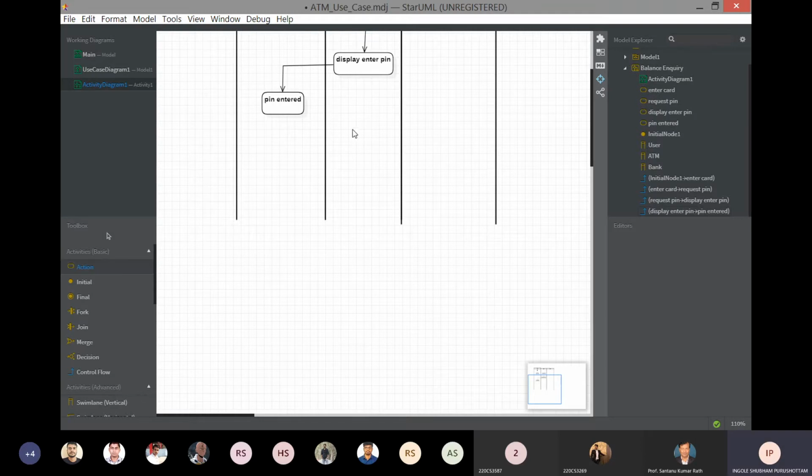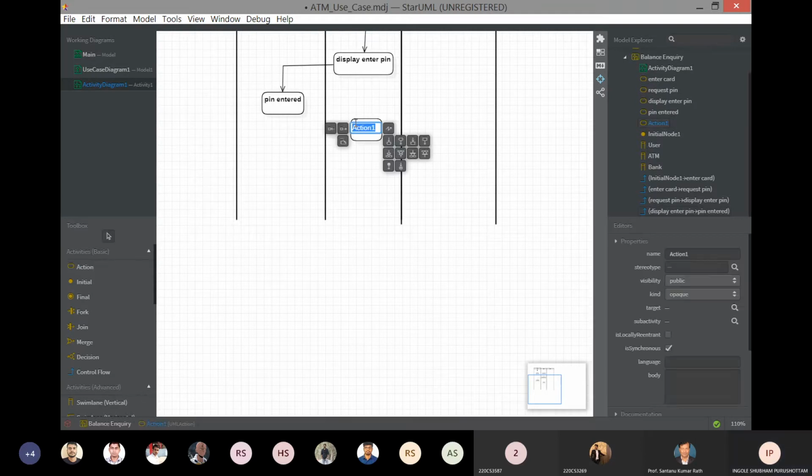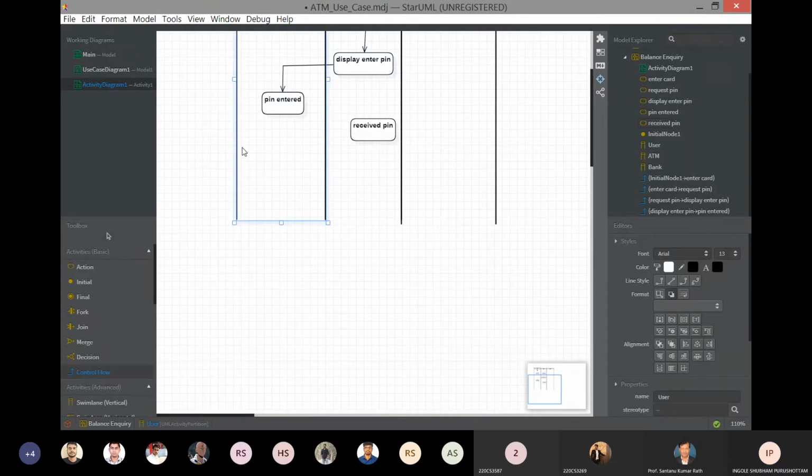So the next action will be, the user will enter the pin. It will be received by the ATM, so again the control flow from here to here. You can change these arrows like this.